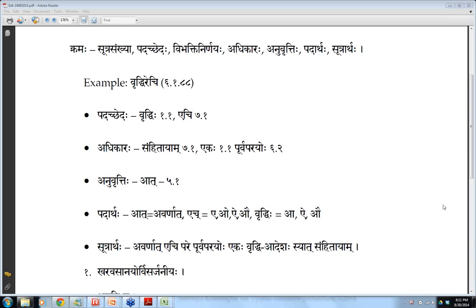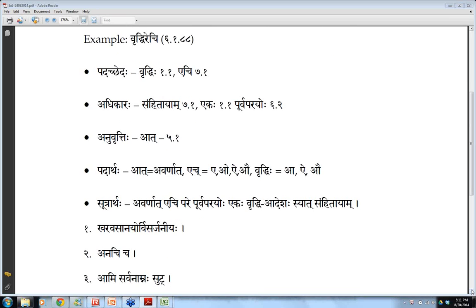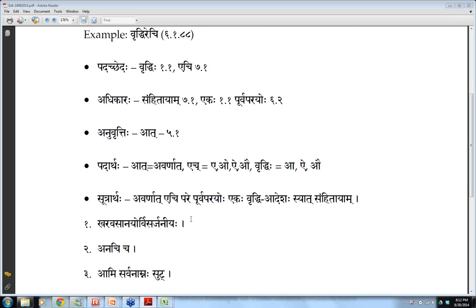Yeah, I can start. First one is Kharavasanayoho Visarjaniyah. This one is 8-3-15. The Padacheda is Khar Avasanayoho, Saptami Dvivachana. Visarjaniyah is Prathama Ekavachana. Adhikara is Samhitayam, Padasya. Samhitayam is Saptami Ekavachana. Padasya is Shashti Ekavachana. Anuvritti is Raha, coming from the previous sutra. So the artha will be: Samhitayam Vishaye Rephantasya Padasya Khari Paratah Avasane cha Visarjaniya Adesha